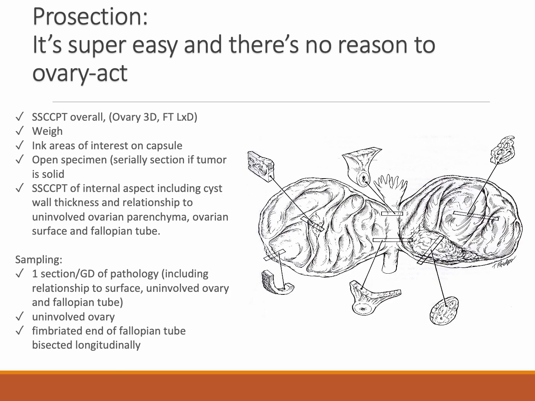But again, looking for the cyst contents, wall thickness, the lining, look for those papillary projections, hemorrhagic material, necrotic material, things like that. Any sort of variegated look, if some areas look very spongy and multiloculated cysts, and then you have these giant solid areas or these kind of open cystic spaces, be mindful of that and take representative sections. But when you are submitting sections, it's really just going to be one section per greatest dimension